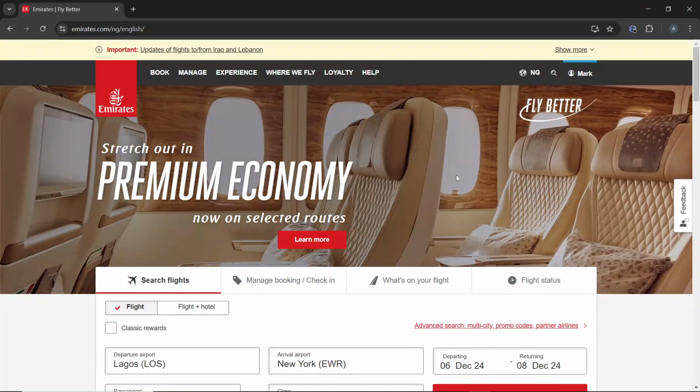Hello, in this tutorial, I'll show you how to request a refund on Emirates. So follow these detailed steps to request a refund for a flight booking using the Emirates web app. The first thing you need to do is to launch your browser and go to the Emirates official website at